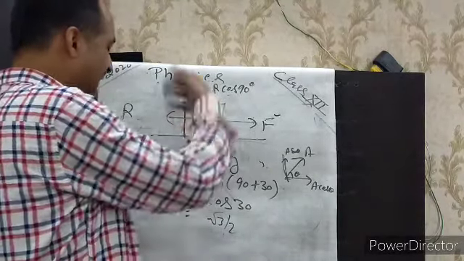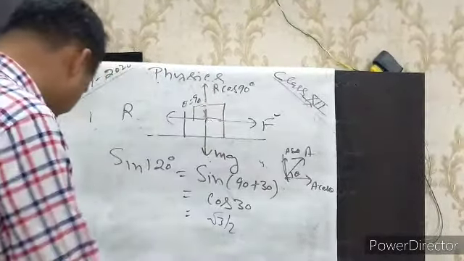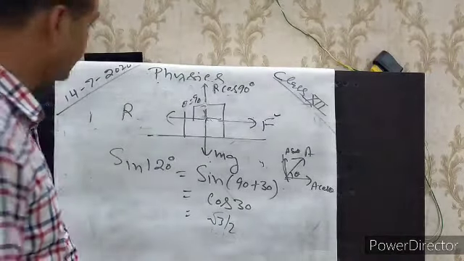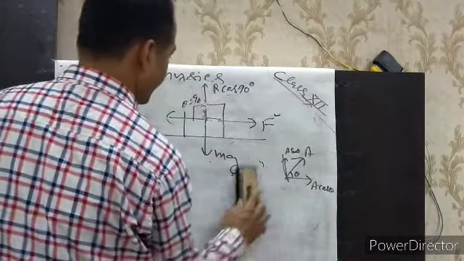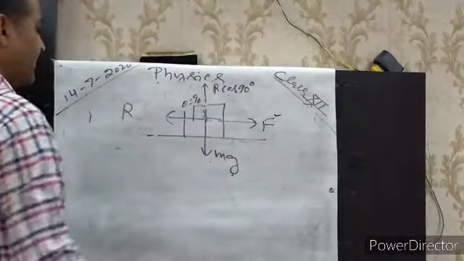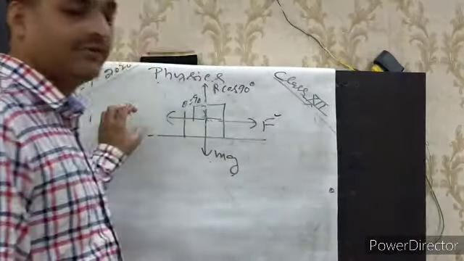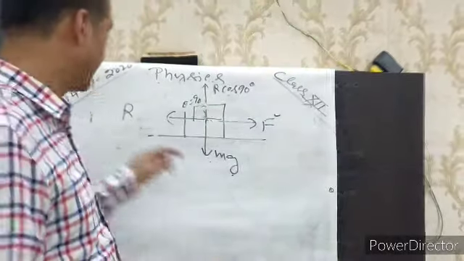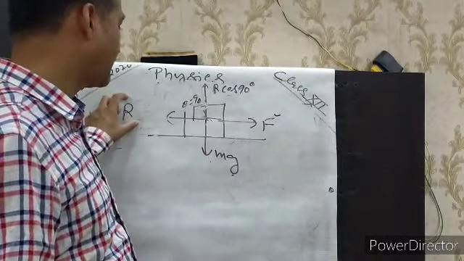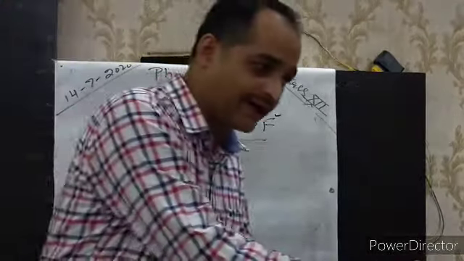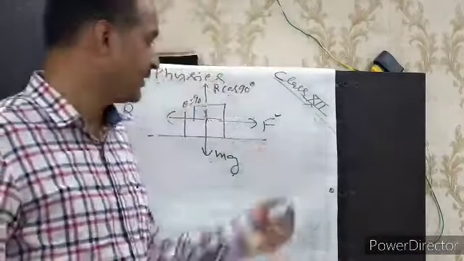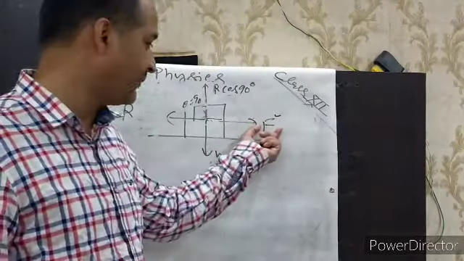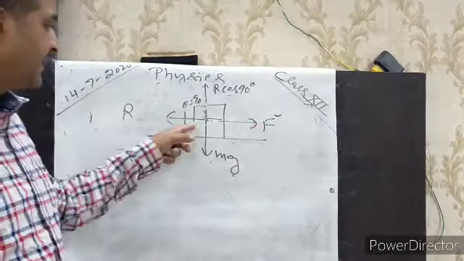It means if we increase the force further, then the value of sin theta will again reduce. Then R is the maximum force. Now this is maximum. Now again we are trying to shift the table, and we are increasing the force. When F becomes greater than R, then the body will shift.